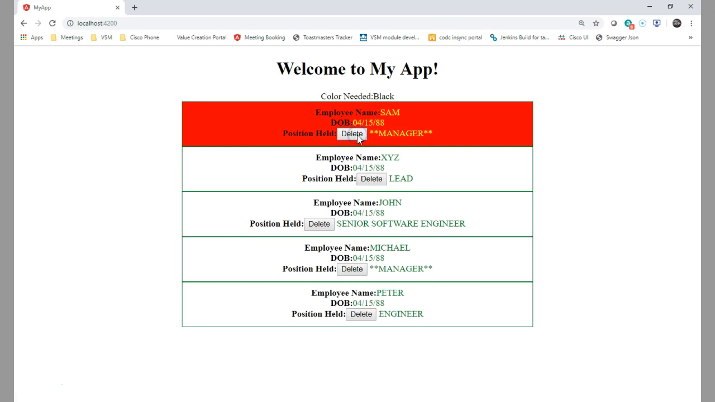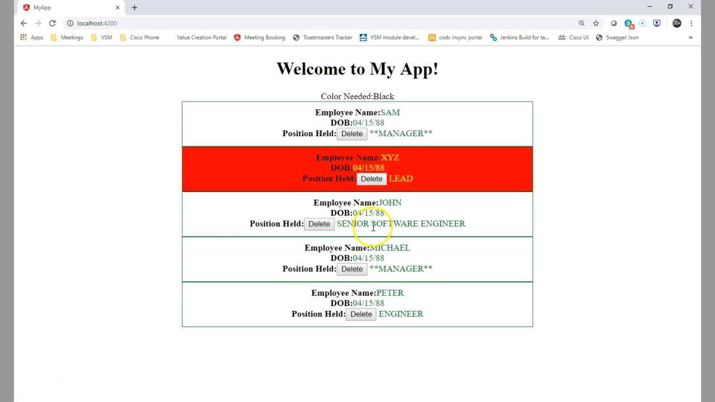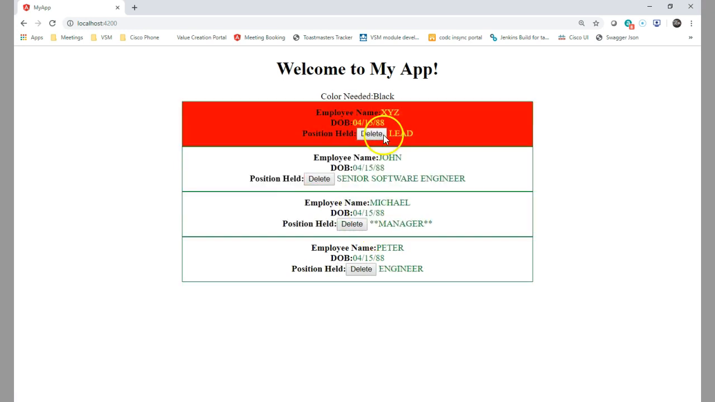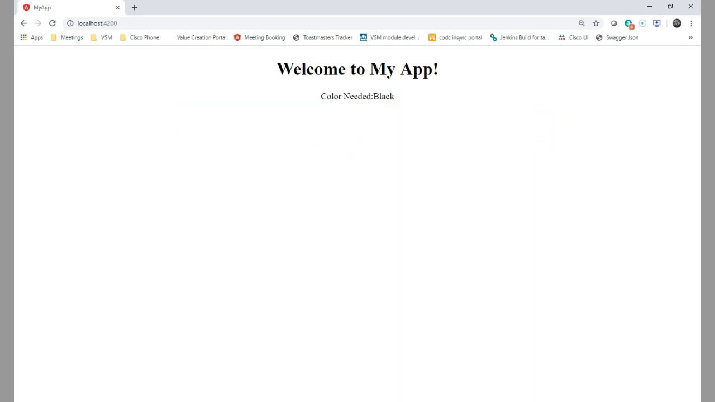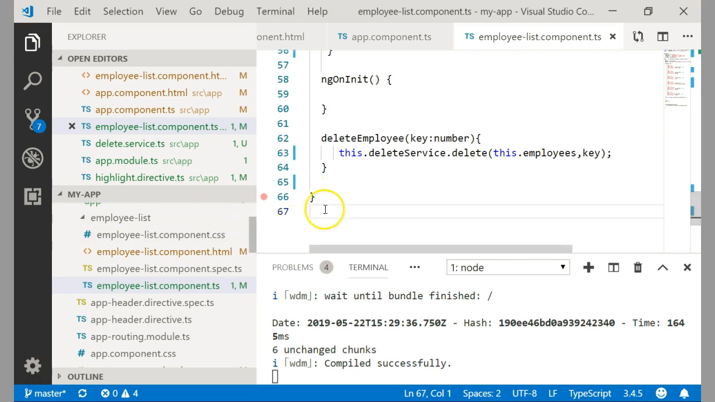Let me delete here. So it is working. You can understand, right? It is working. See. So it is working perfectly. So I hope you understood how to add a delete service. In similar ways, you can also add a delete service